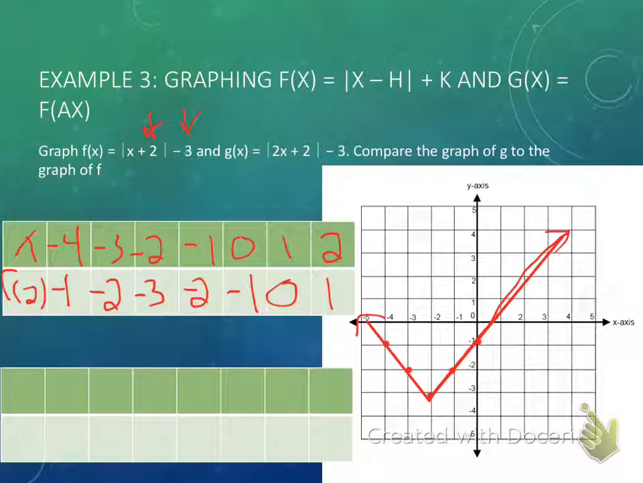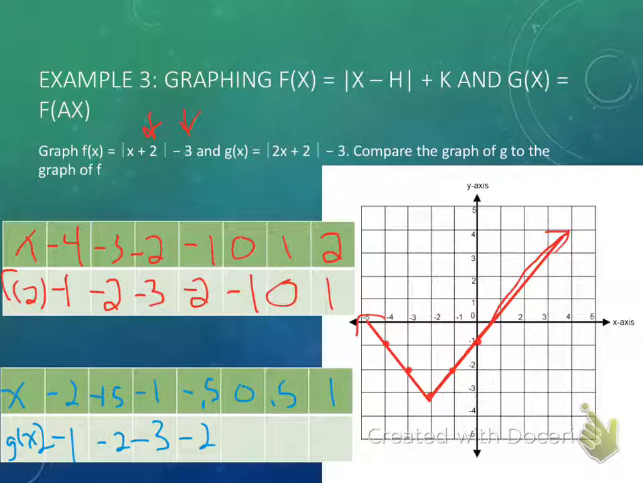But it wants us now to compare it to this other graph here. I'm going to go ahead and change colors so that we can see the difference here. But for g of x, I'm going to again use some values, -2, -1.5, -1, -0.5, 0.5, and 1, which I'm going to end up with -1, -2, -3, -2, -1, 0, and 1. So then, plotting those points,